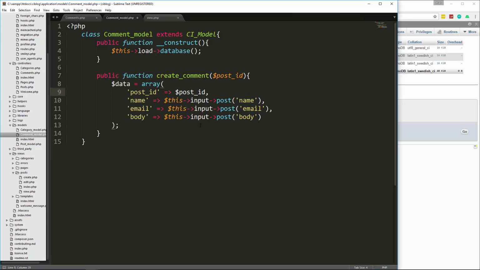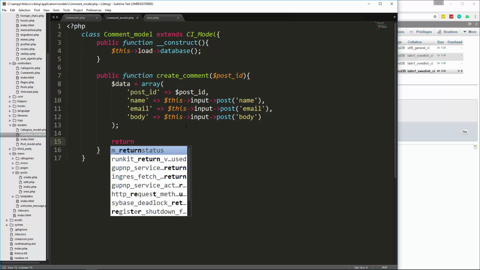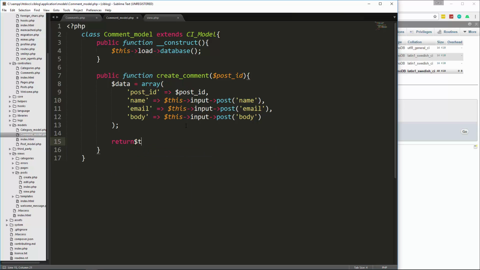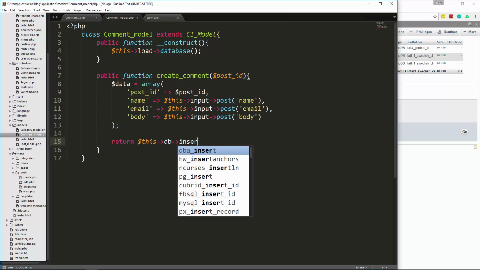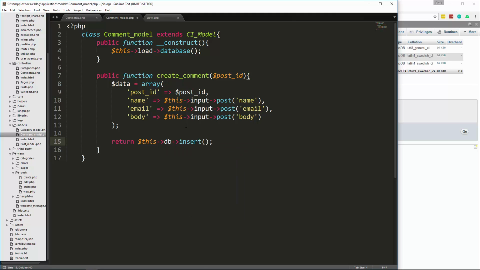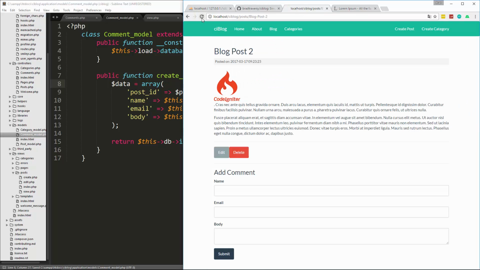Good, so now we have our array, and then we need to insert it. So we're going to say return this, oops, this DB insert. And in here we want to pass in the table we want to submit to, which is comments. And then we also want to add the data. And that'll do our insert. So let's save that, and then we can try it out. Let's reload here, and let's add a comment. So first we'll try submitting